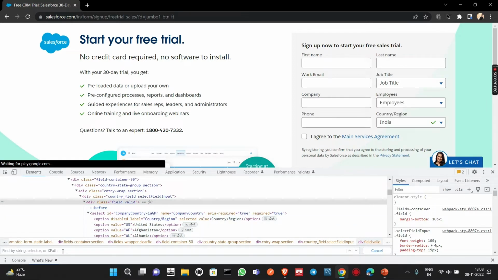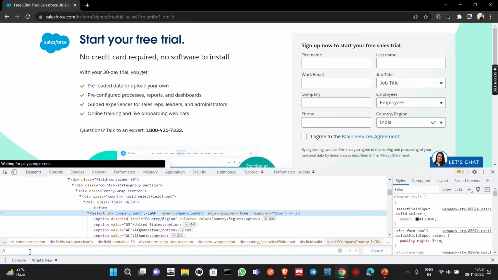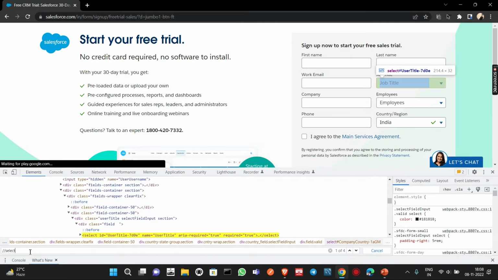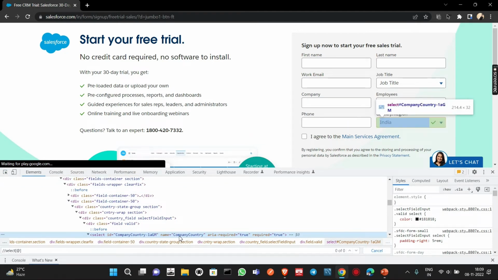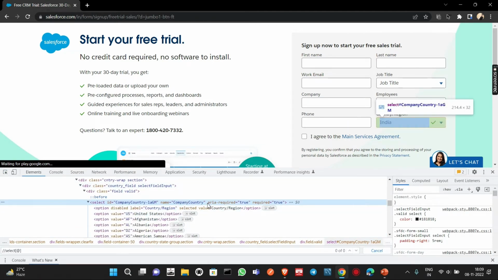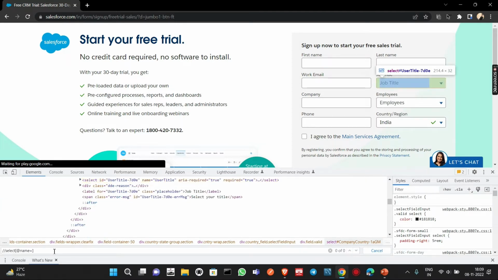Okay, so let us first write / and then the tag name. We have selected this particular tag select. So we will write select, and then square brackets and then an attribute. Let us choose some attribute of the select tag. So let's go to this, and the attribute is name equals company country. So let us write this here, name equals, and then a single inverted comma, and then it